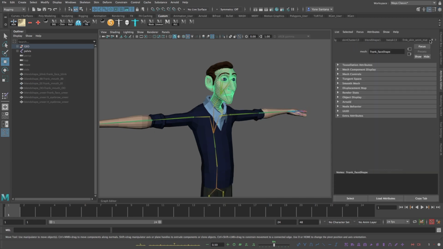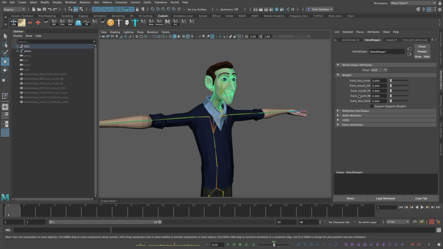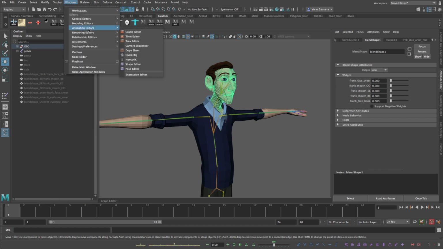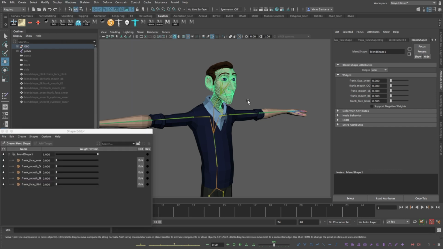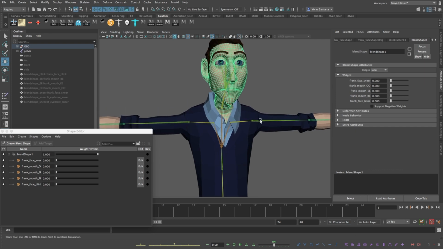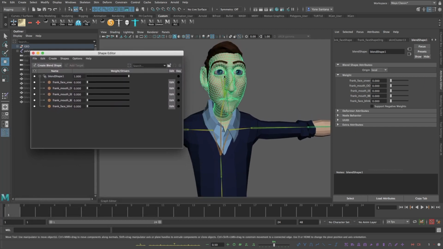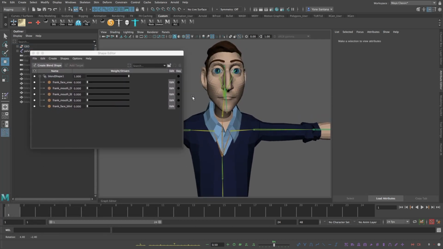We can now see the blend shape node in the attribute editor, or we can adjust the settings of the blend shapes in Windows, Animation Editor, Shape Editor. The Shape Editor will contain all of the blend shapes which are defined in the scene, and you can modify them by playing around with these sliders. I now have a very small selection of blend shapes that can help me animate the face by making Franklin blink,